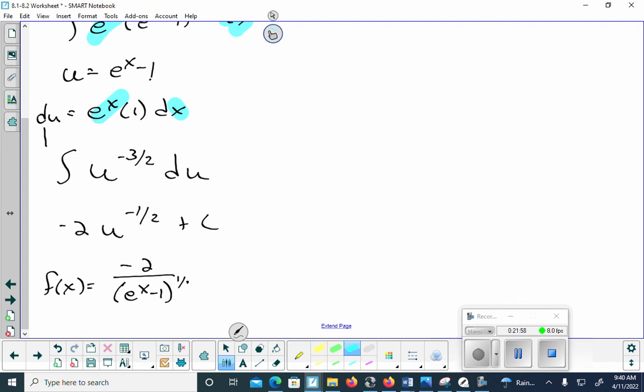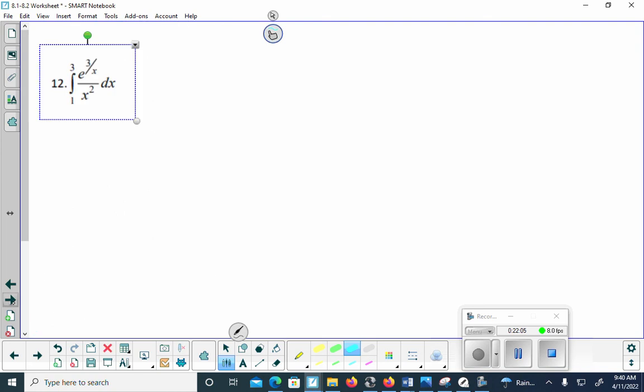And it's the 1/2 power plus c. And I believe this is it. Okay, moving on to the next one. I'm going to do substitution again. Whatever I'm raising to the power, I am going to focus on that e. And so when I raise that, I'm going to say u